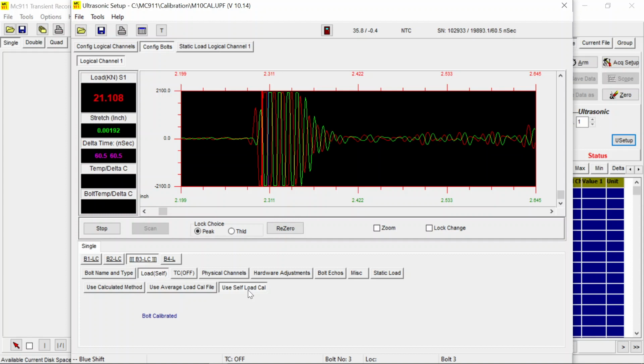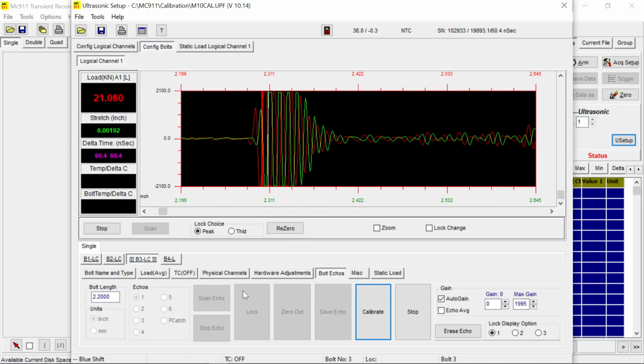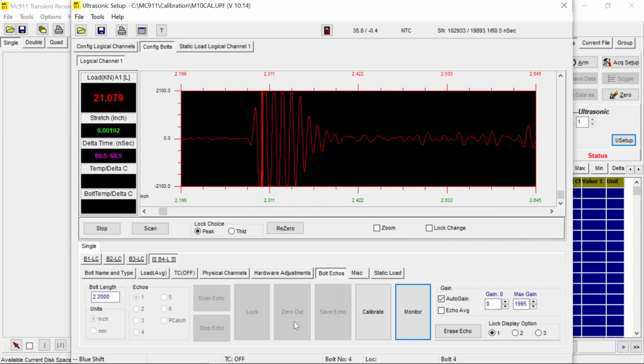All you have to do is calibrate a few of them, then create an average calibration file, and use that file to measure the load on bolts that have not been calibrated. So in that case, you use the average calibration file. I hope it didn't confuse you, but going back to the same file that we had in there, we use